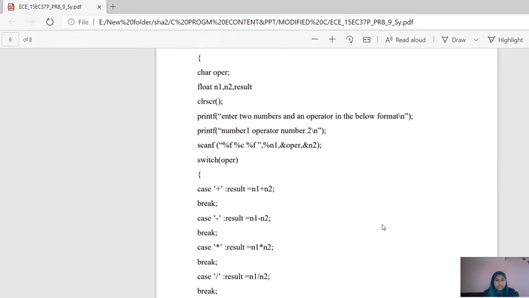The switch statement starts with the keyword switch followed by the expression, and in the body of the switch statement there are case statements. You can have multiple case statements followed by a constant expression, statements and a break statement. After the case statements, there is by default an end statement called the default statement, followed by a break.